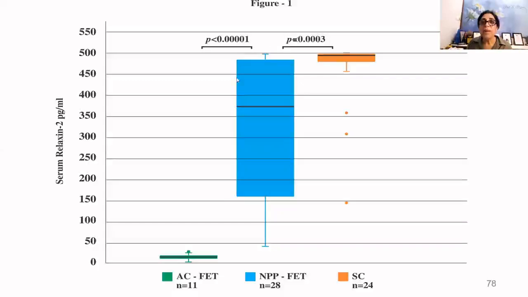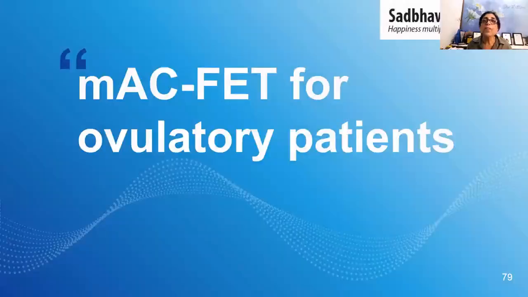The corpus luteum was there, but the relaxin-2 levels on the whole were much less compared to what is seen in a spontaneous pregnancy. So this is the range of the relaxin-2 levels in a spontaneous pregnancy, and our lowermost value was somewhere around 150 nanogram. Now, the significance of these levels we don't know yet. There are more studies coming up in literature. So by the end of the year, we'll have more data regarding the corpus luteal function in a natural proliferative phase cycle. But other than that, it is a very effective and simple protocol.